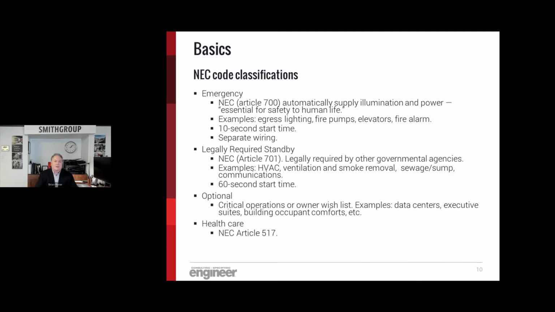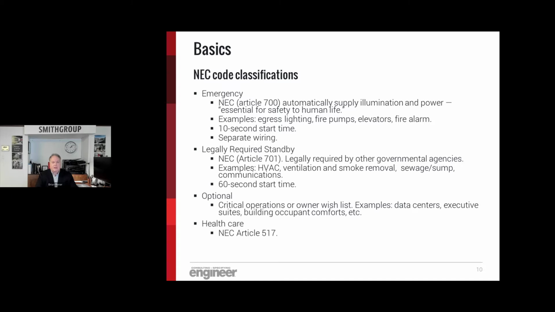So let's talk about NEC code classifications. We talked about the fact that a generator is really an engine generator, but we also tend to often in meetings with clients and representatives talk about the emergency generator. Well, there are very specific requirements in the National Electrical Code on what an emergency generator is, and that's covered under Article 700. Basically, these are systems, loads, that are required to supply illumination and power that is essential for safety